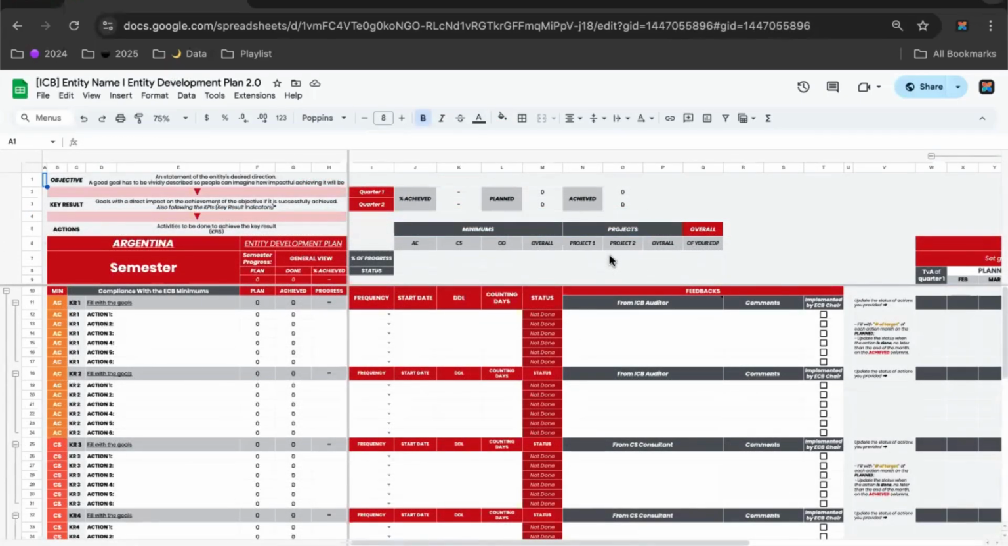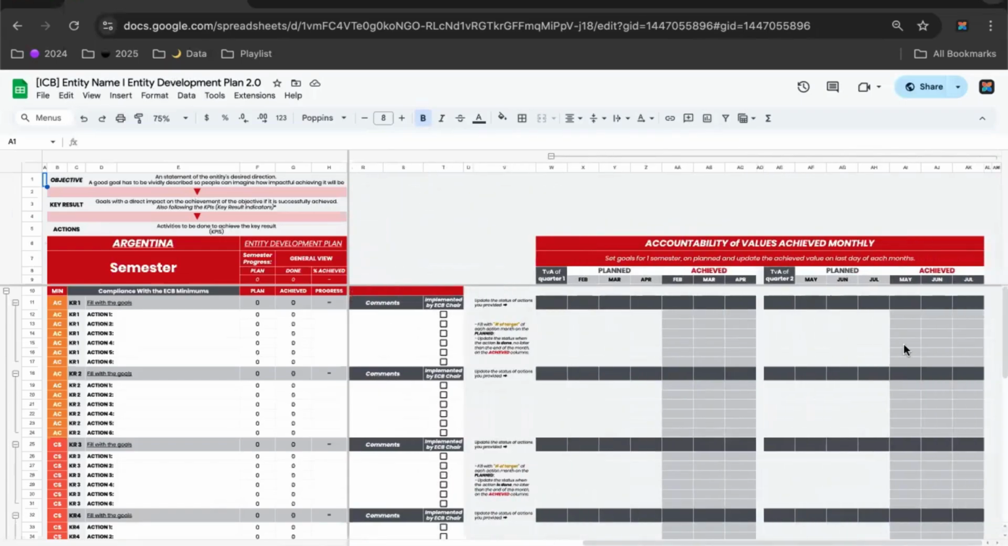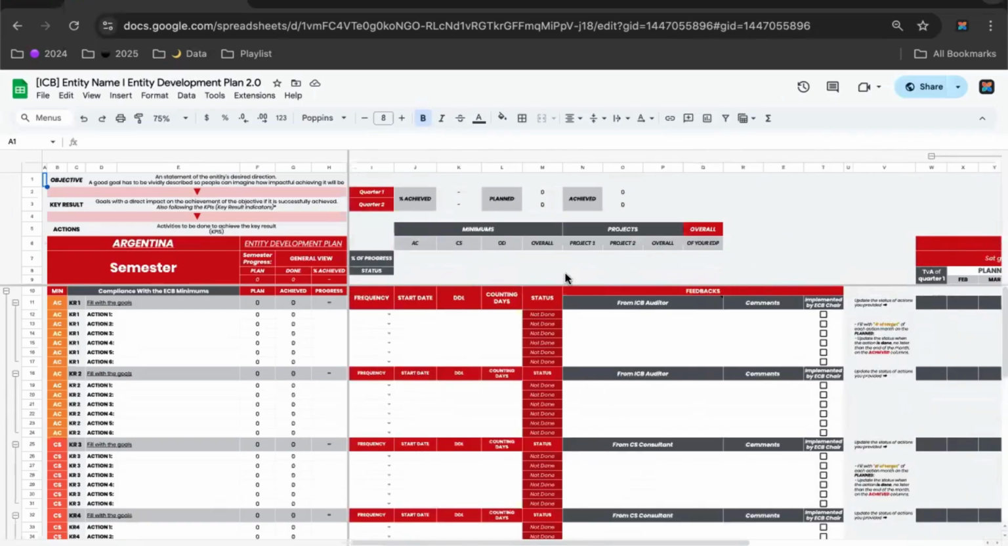This is the new look of the EDP, with a little bit of a disclaimer: I'm going to split the explanation into parts. This is the second part that I'm going to explain, and this will be the last part that we're going to discuss. And then before you start mapping out what exactly the objective, key result, and action steps are,